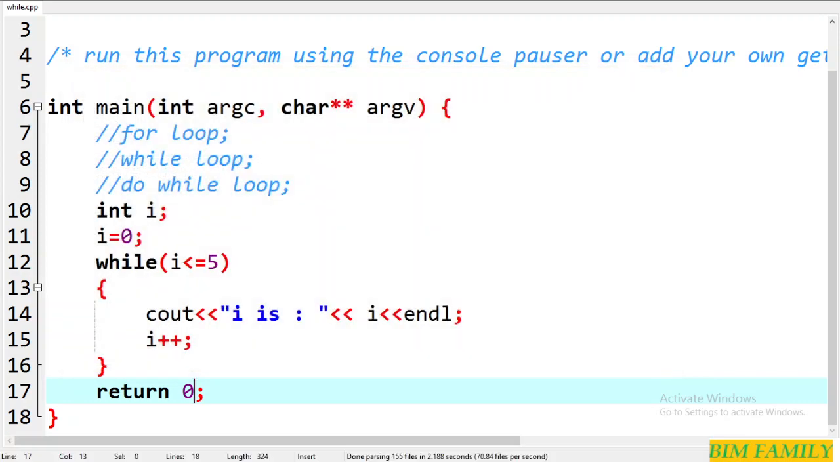So from the while loop, we can have a do while loop, and this do while loop is going to do exactly the same thing as the while loop. The difference is going to be in the arrangement. So here in the do while loop we shall have to first